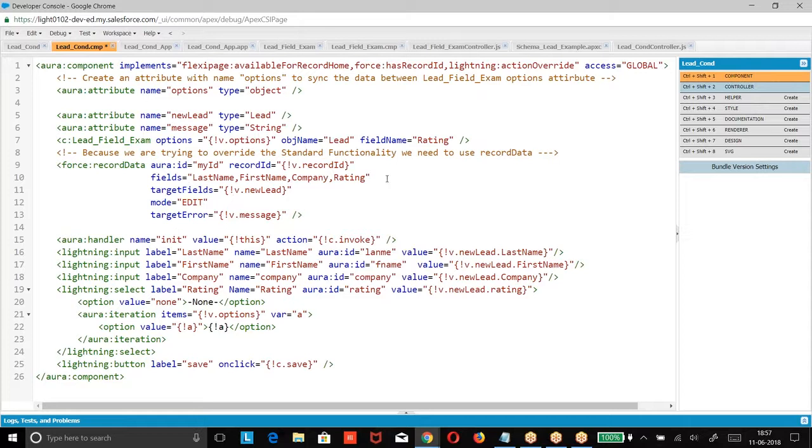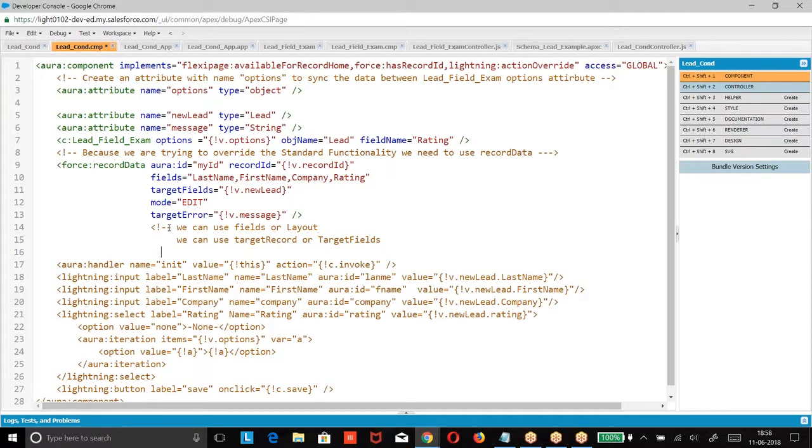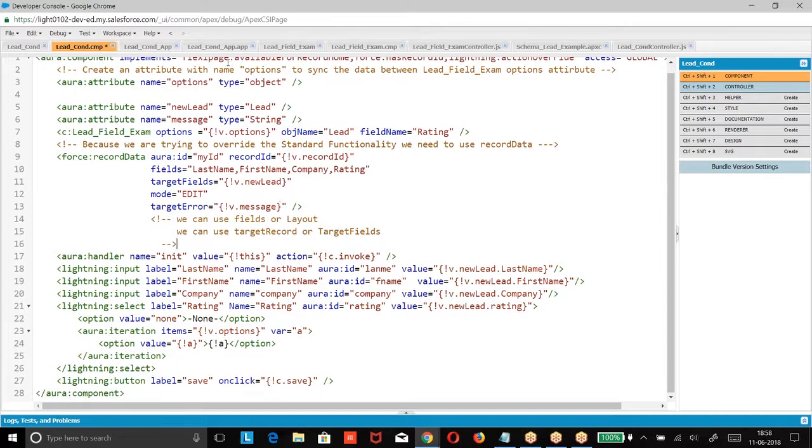Here also we can use the fields attribute or target record. Any one we can define, either layout or fields, either target record or target fields. Any one is sufficient.